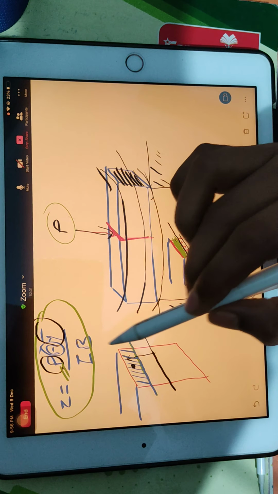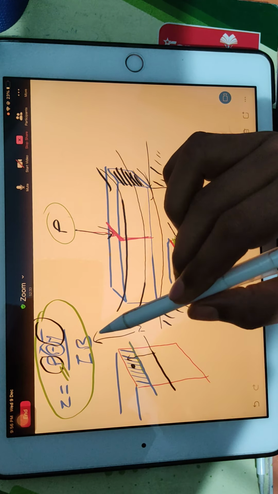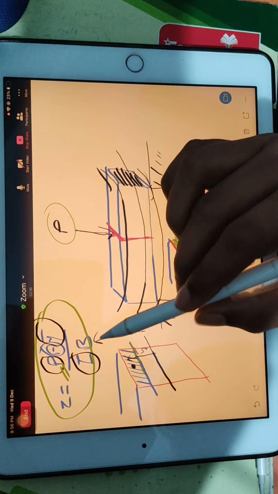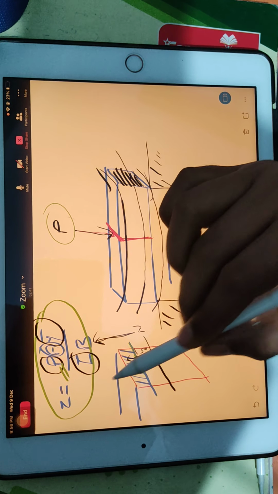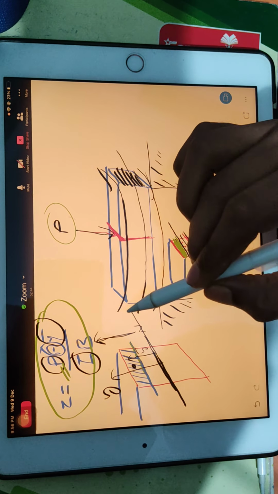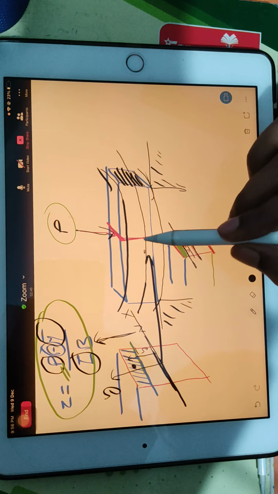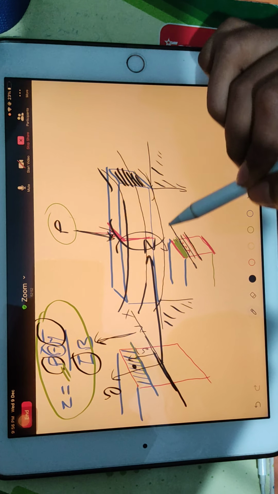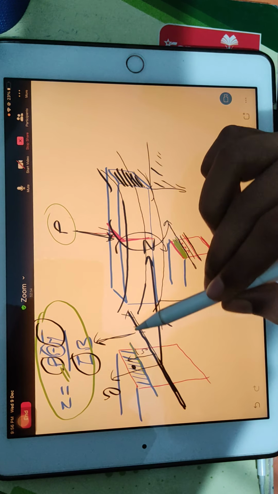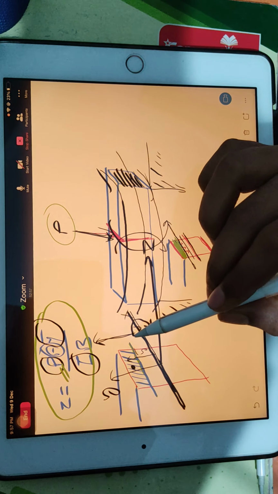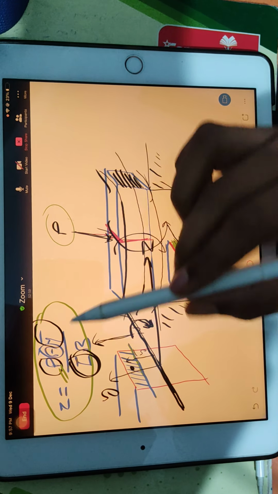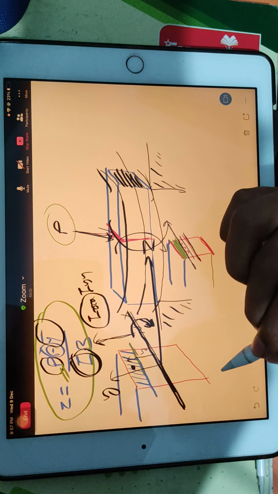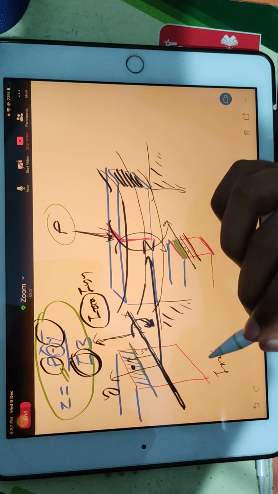And why am I writing Y bar? Because mostly we consider this is Y axis. So that's why that length I am saying as Y bar. And now I. Now try to imagine, vertically we are saying Y axis, and horizontally we are saying X axis. Lengthwise we are saying Z axis. So when you apply the load, this part will turn like this, this part will turn like this. It means they are turning about X axis. Because they are turning about X axis, so this I is what? This I is IXX or IYY. This is IXX.